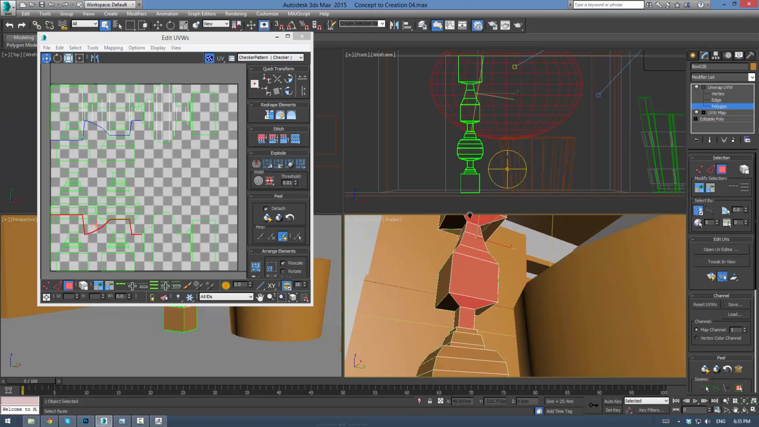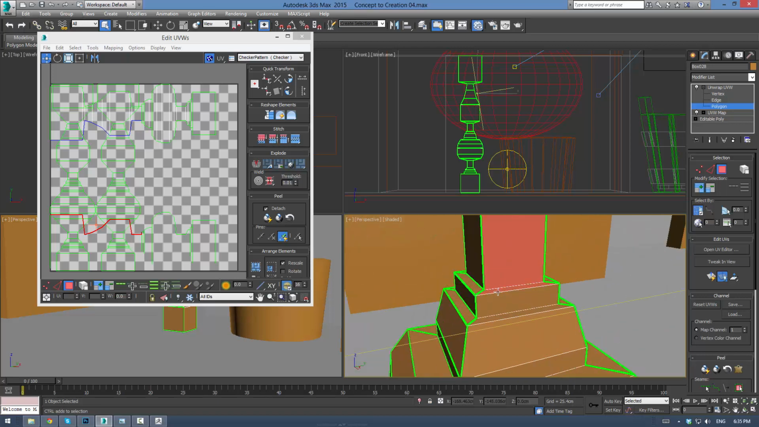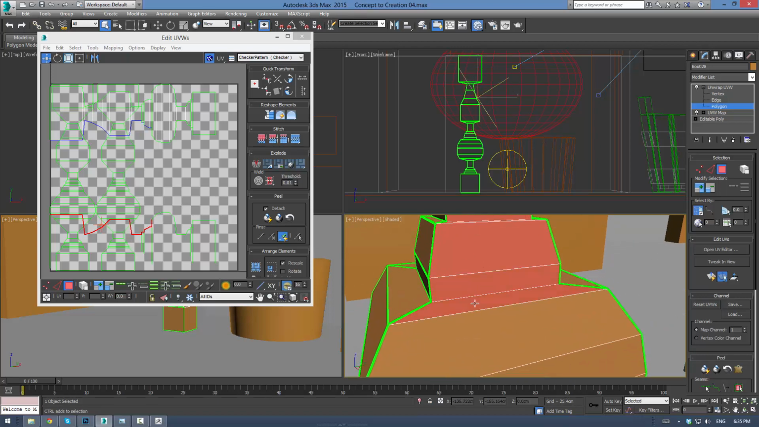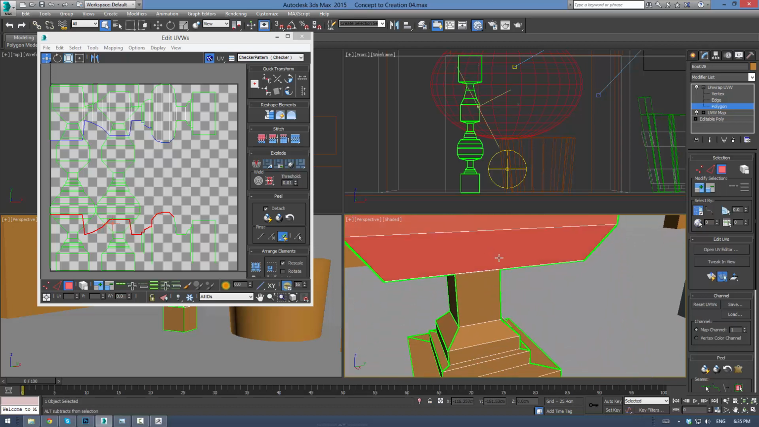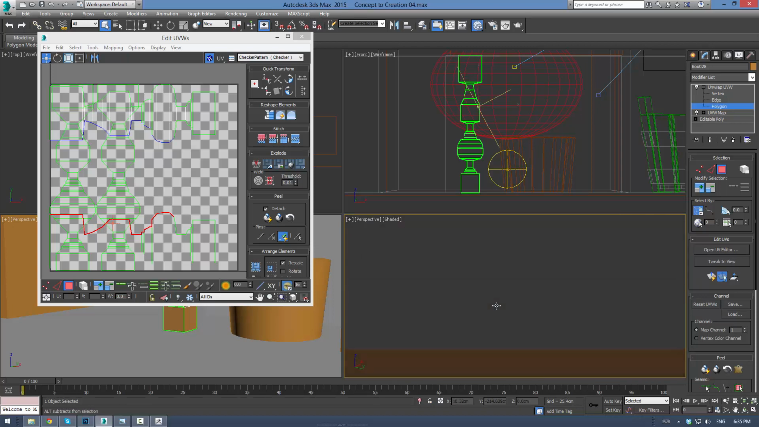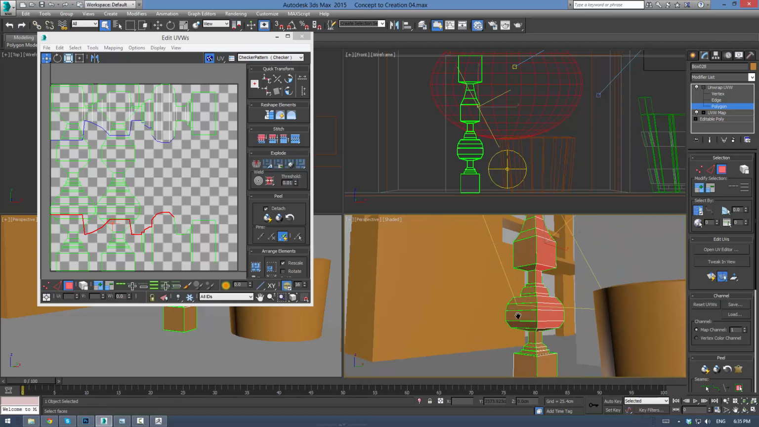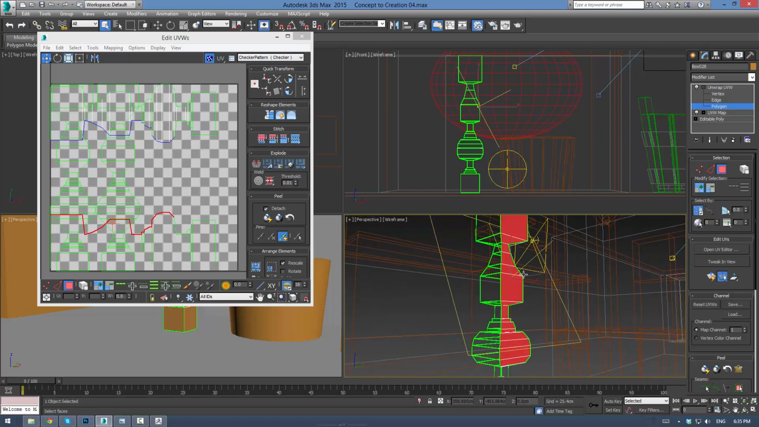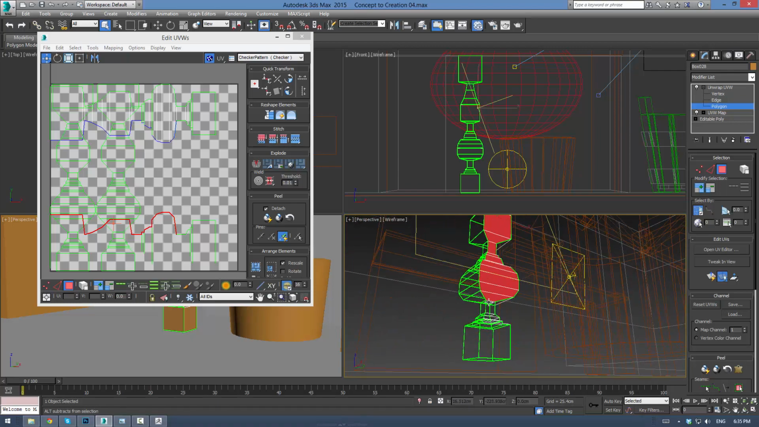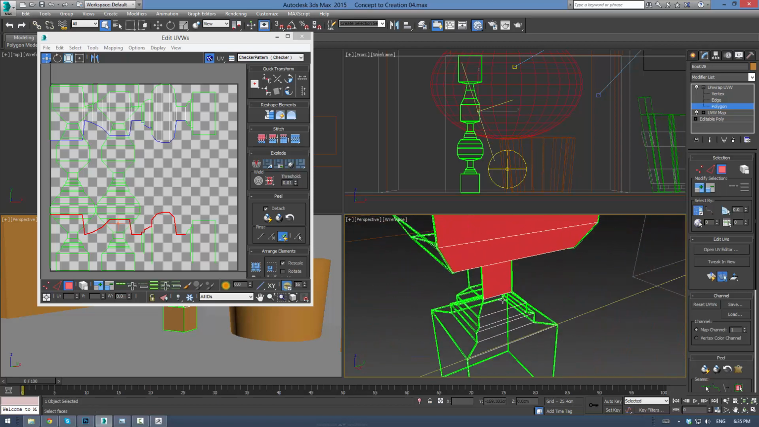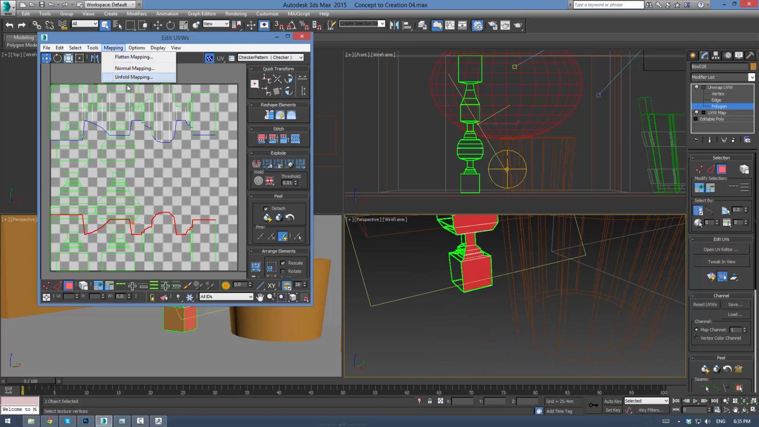And again, we're just going to select all the little edges here. Sometimes the floor does apparently get in the way though. If that's the case, just get rid of it with F3. Alright. There we go. So mapping, unfold mapping. Okay. And there we go. And now we've got one more to do,